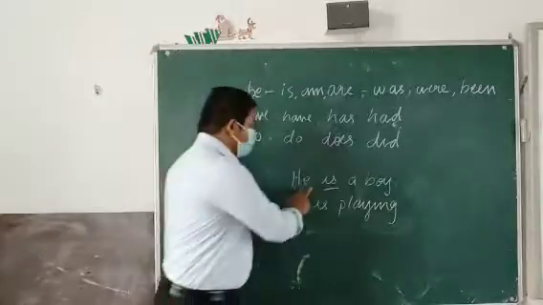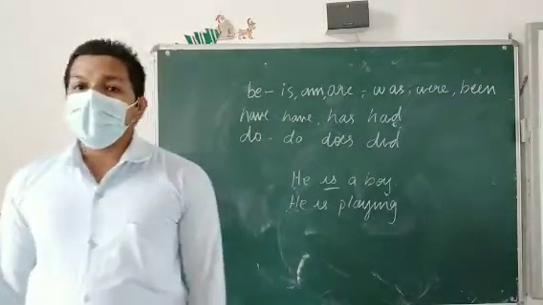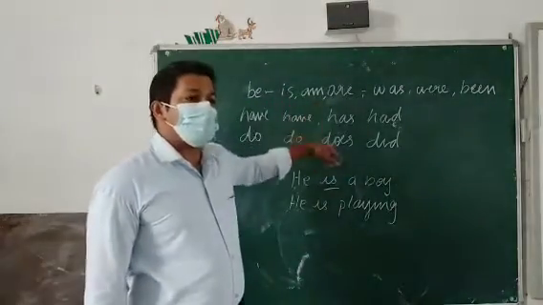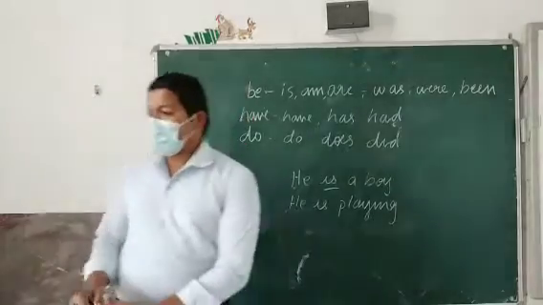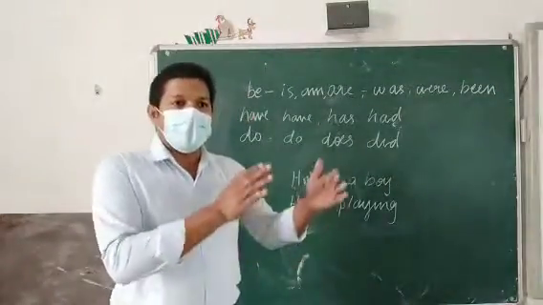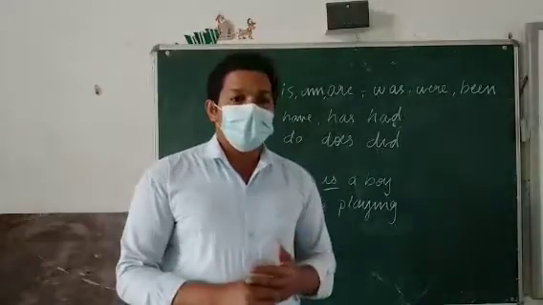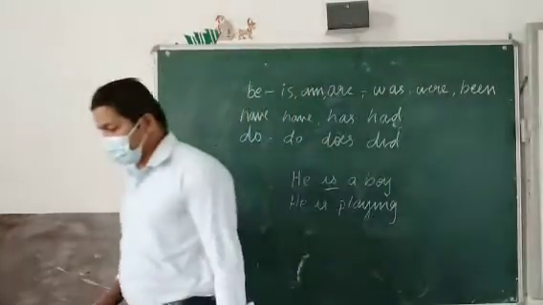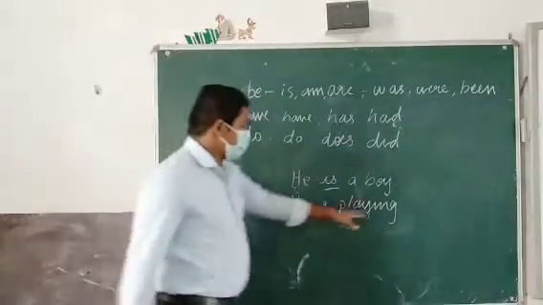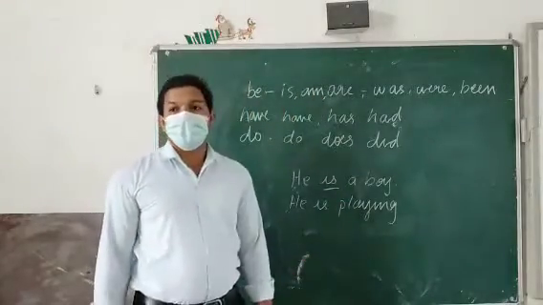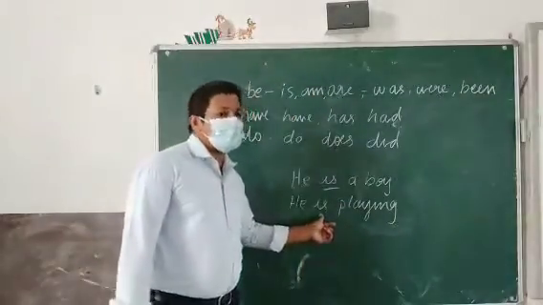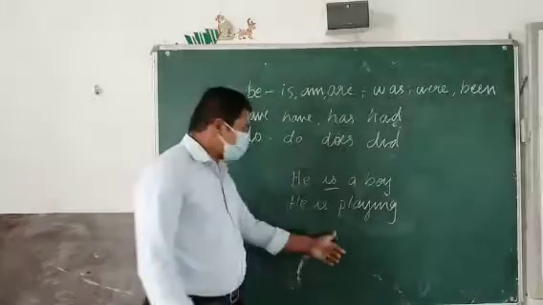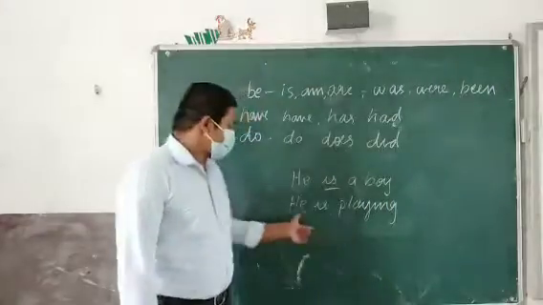If you want to ask a question, then we need an auxiliary verb, isn't it? Some of these auxiliary verbs are used for making questions. When I taught you the tenses, I also taught you how to make questions. Do you remember? If a simple sentence is given, like he is playing, and you want to make it a question, how to make it? You simply bring the auxiliary verb to the beginning and the subject to the second position. That's all. Only interchange the positions and put the question mark. Is he playing?